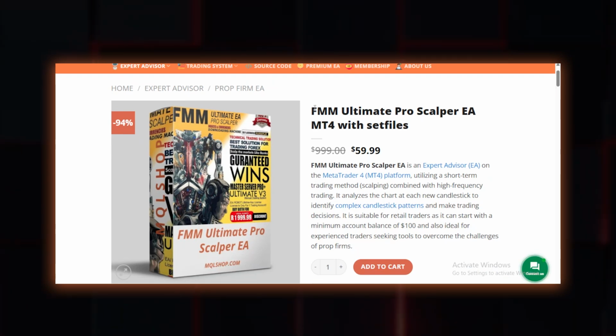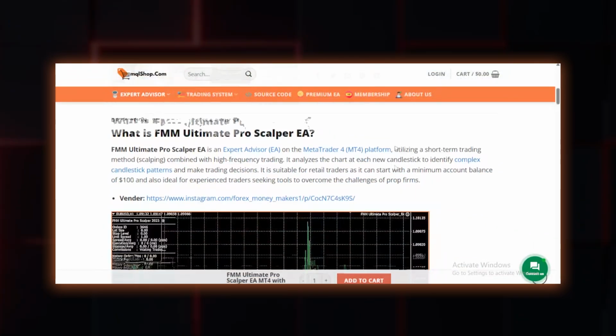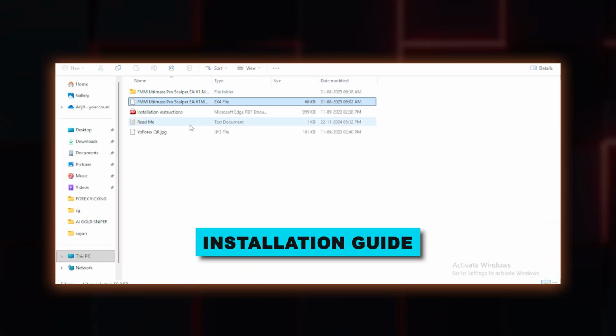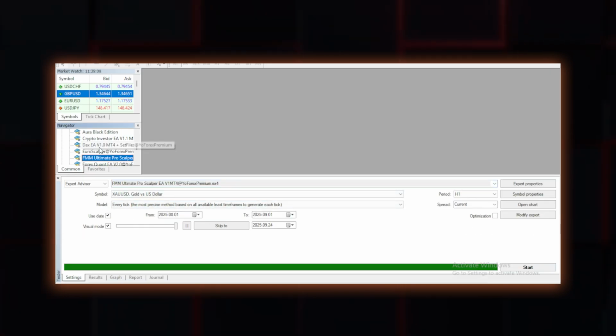Welcome to Forex Premium. Today we're reviewing the FMM Ultimate Pro Scalper EAV1MT4, an advanced scalping tool built to capitalize on high-frequency trading opportunities. After downloading, you'll receive the EX4 file, installation guide, and README file. Just copy the EA into your MetaTrader 4 Experts folder, restart MT4, and drag it onto your chart to begin